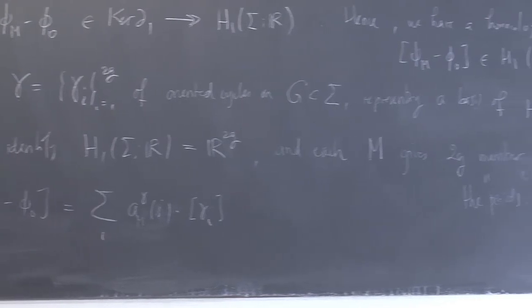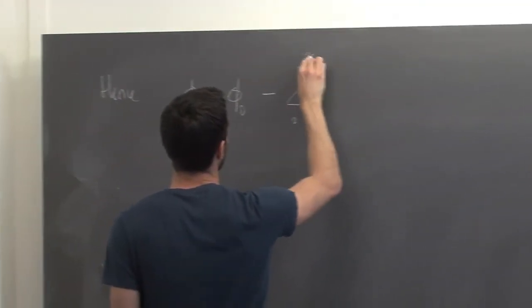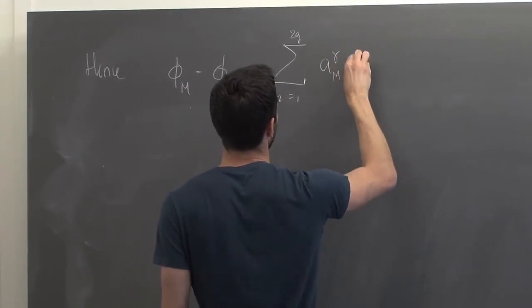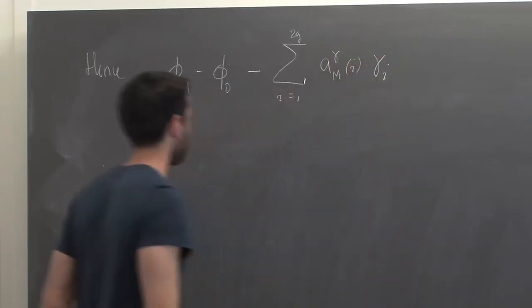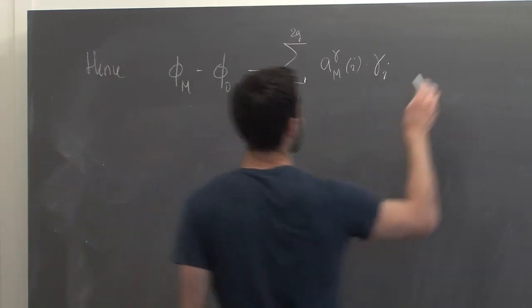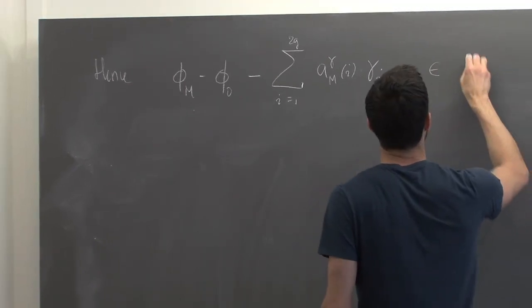So hence, if you take phi m minus phi 0 and you also subtract a_m, okay, this makes sense, this belongs to the image